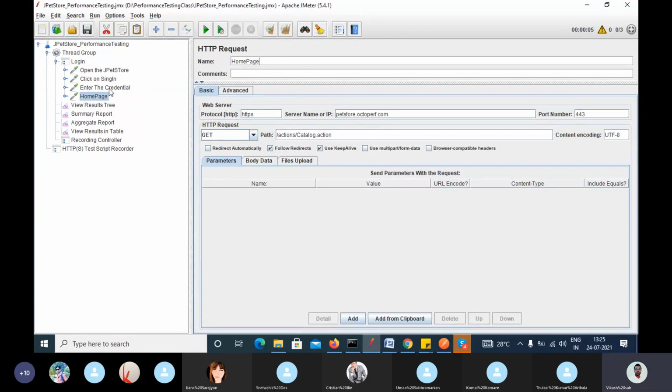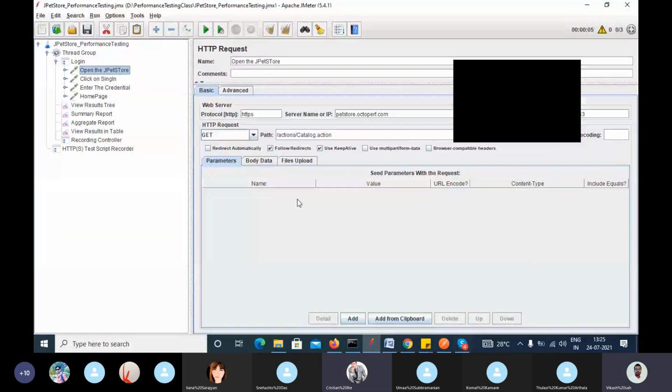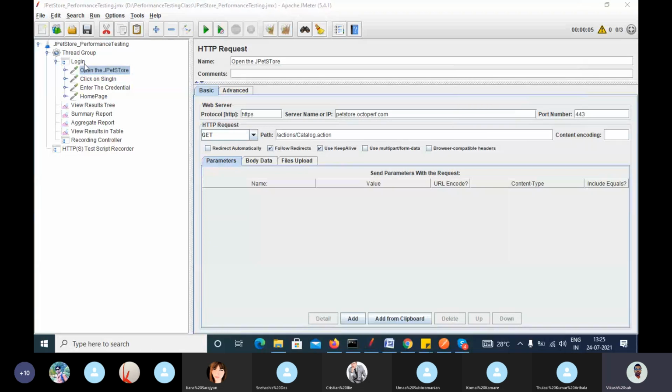So guys, when you read this thing, are you able to understand? Yeah. Everyone agree? Yes. Right. So you have completed one scenario, that is login, right? You have recorded the stuff and you have removed the unnecessary calls, right? And you have renamed the requests, like that. Okay. Now what I will do,